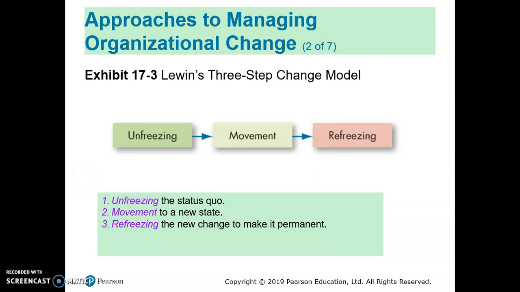Okay, Lewin's three-step change model consists of three steps. The first step is unfreezing, the second is change or movement, and then refreezing. So this unfreezing, movement, and refreezing, we can imagine like change is like an ice cube, or the shape of